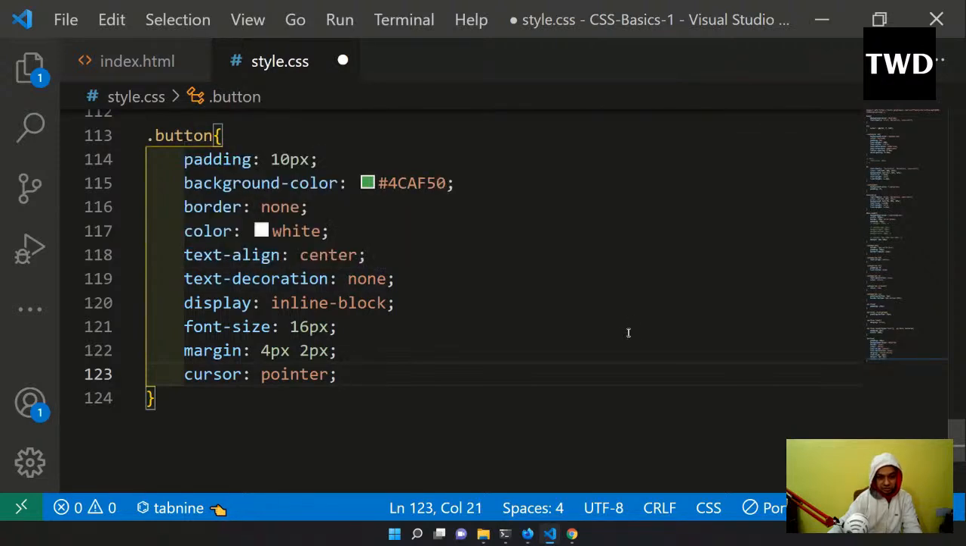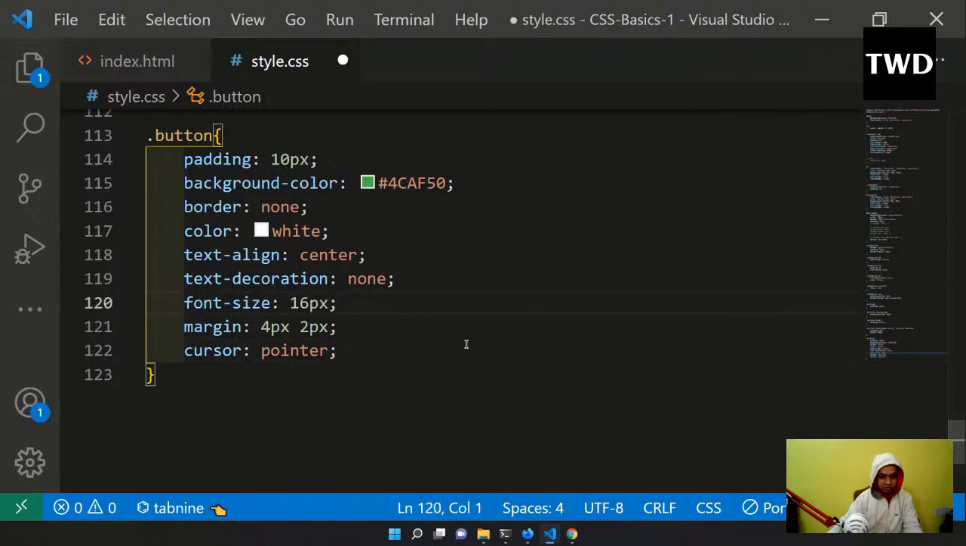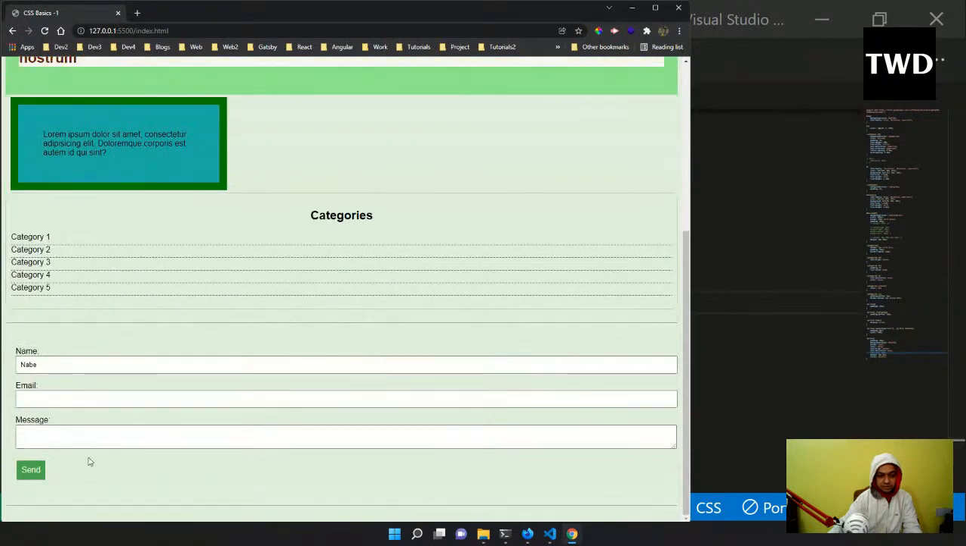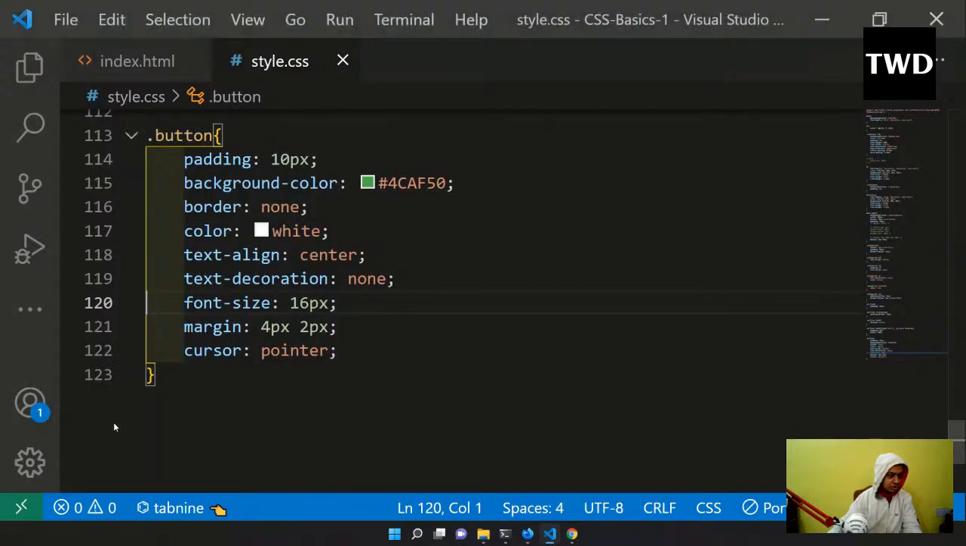Text decoration again I'm doing none. Display is, it's okay. Font size I have given a bit, and margin top and bottom is 4 px and right and left is 2 px, and save it and see. This has been done. This has been a very good thing, and the button has been created. So this is like this. Cursor is pointer,